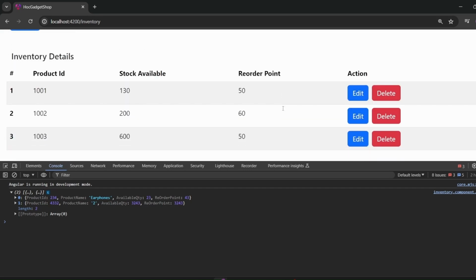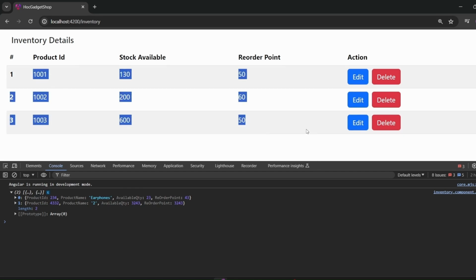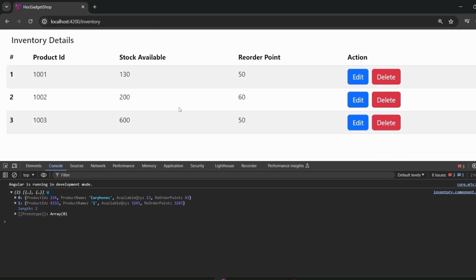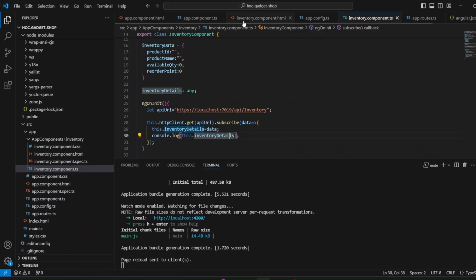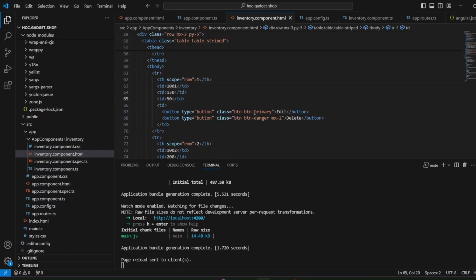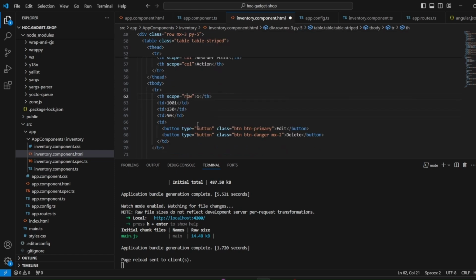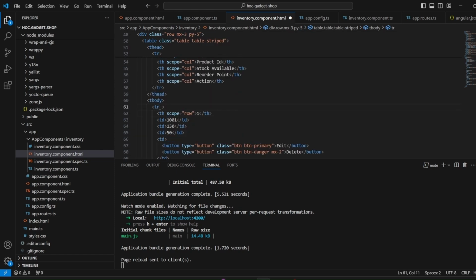Now the main task is to just bind it to the table, because currently this is all static data. We just need to bind it to this particular table, and then we'll be getting the rows dynamically from the database and not from the static HTML template. So we'll go to the inventory.component.html file, and over here I'll just take this row and create a dynamic row over here. Then we'll comment the static data that we have. First, let us just create the dynamic row. We have to use an ngFor for this.